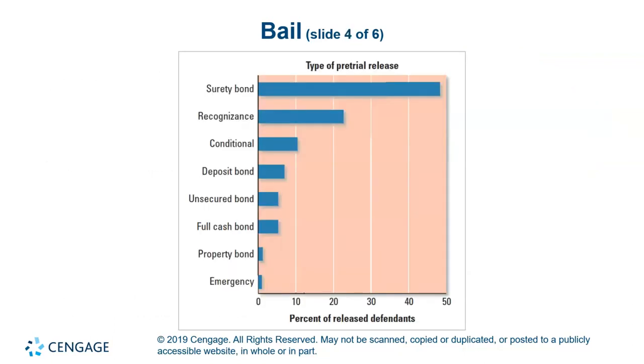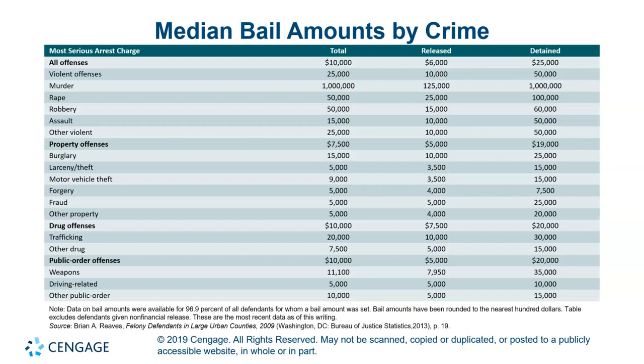And here you can see a couple of different things that we talked about, the type of pretrial release. And you have the surety bond. This is to the bail bondsman folks, remember? And then here's the own recognizance. So you can see this one is number 1, OR is number 2, and then it kind of goes all the way down. But just a little chart that you can see that basically looked at felony defendants in the 75 largest counties in 2009, and here's kind of some of the information that they want to show us about pretrial release and bail. And here are some median bail amounts by crime.